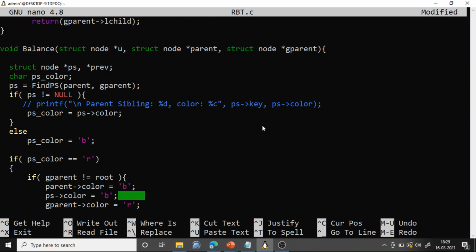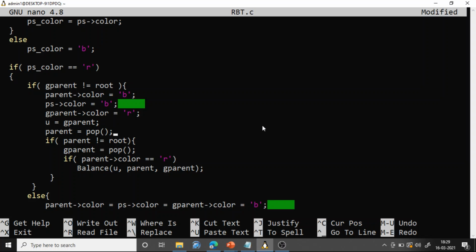So this is what we are doing here. Suppose there is a parent for u, but this parent itself is the root node. In that case, what will you do? Are you getting my question?